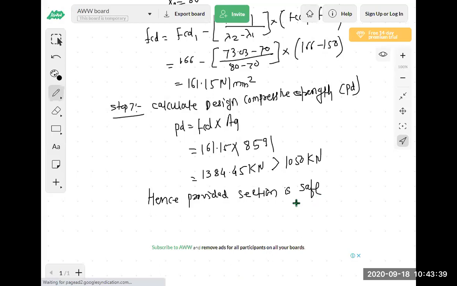So are you getting how to design the simple column? So we have taken two examples, one on channel section and one on the I section. Okay, so in this way we have to design the simple column. So generally we are designing as a simple column and built up column. So we have seen 2-3 examples on the simple column. So we will go now to the built up column.